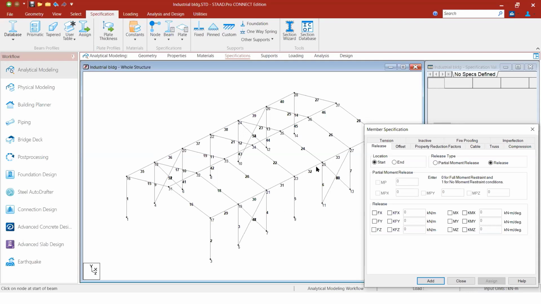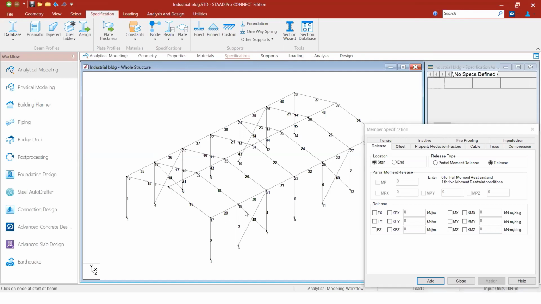That is where we have to release this member in the RCC part. Hence, while designing the primary member, if you are not releasing, then you have to design it for that torsional moment also. In case of steel structures, in addition to this torsion check, you should also design connections accordingly, whether rigid or flexible. And if it is a pinned connection, then you should release all the moments.